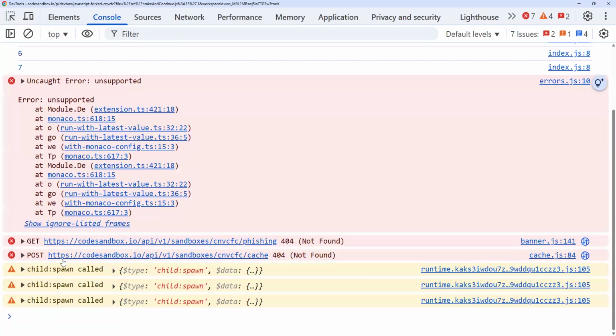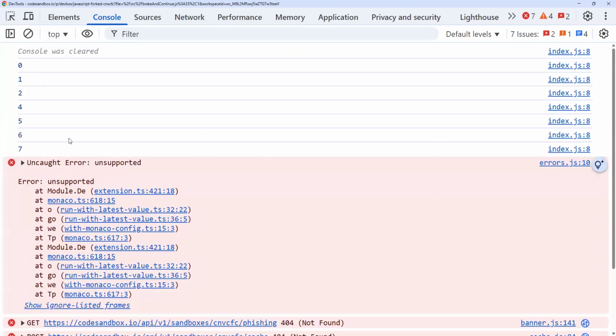Okay, ignore these errors. These are the VS Code, or we can say the CodeSandbox errors. But can you see 0 1 2, not a 3, because 3 got skipped, and then 4 5 6 7. ओके, इतना ही सिंपल है।